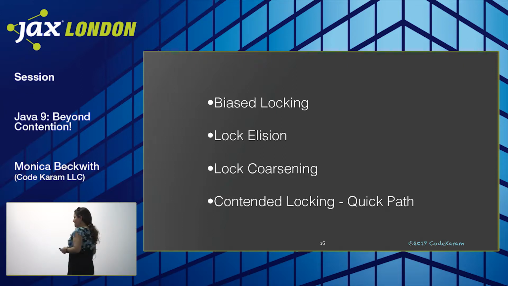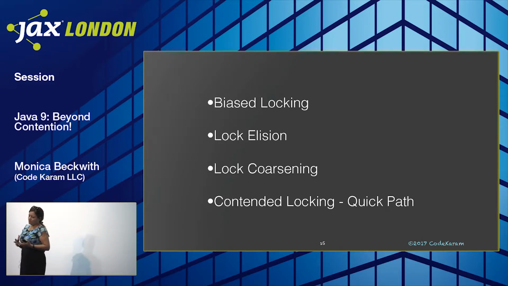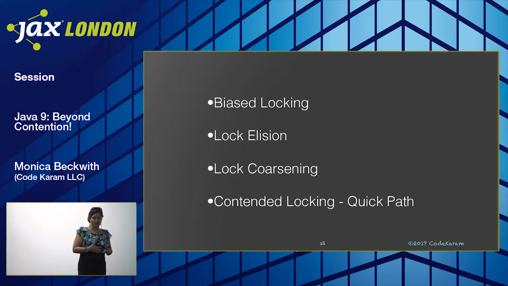The second one is lock elision, and it came as a benefit of escape analysis. Escape analysis is a JVM runtime optimization in the Java virtual machine, and most of the JVMs out there have escape analysis in them already. One of the benefits, and I'll show you a flowchart of how that happens, is that if the allocation does not escape the thread, then you don't need a lock for that. You can elide the lock.